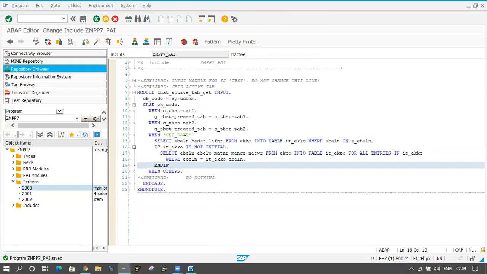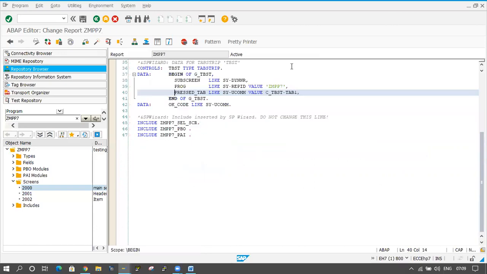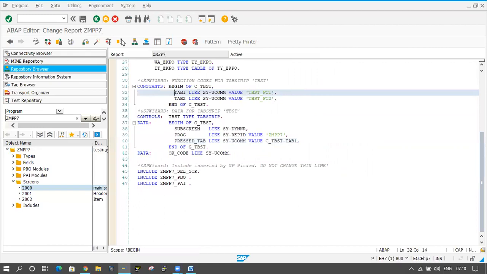If I click on get data, I'm fetching some data here. And if I click on tab 1, then the active tab, see here G underscore TBST hyphen PRESET TAB is there. If you double click on it, then some value is coming here. The function code is coming here.